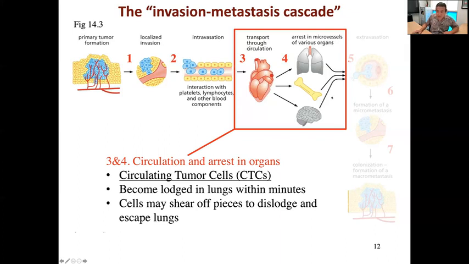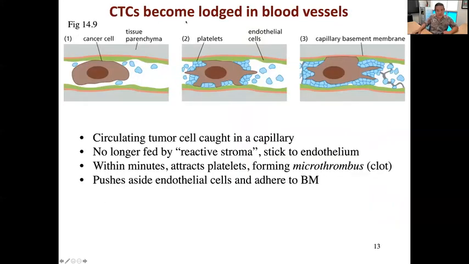But for those other circulating tumor cells that make their way to other organs, right, they sort of continue their journey. Right? So here we have circulating tumor cells. Here's a cancer cell. These little blue things are the platelets that it's sort of attracting. It's making its way through a capillary here, right? And eventually it's going to get stuck, right? So let's say it gets stuck at this point here.